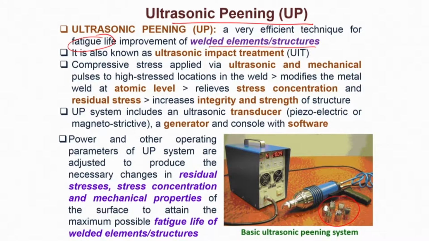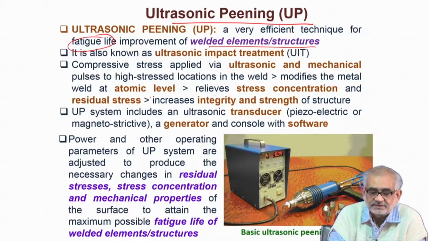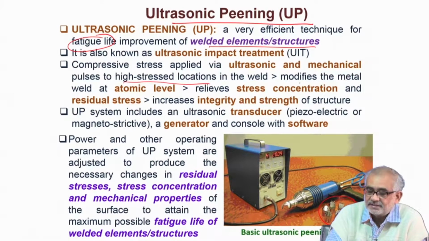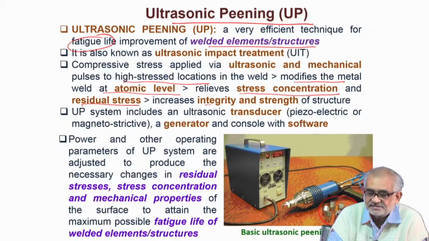So these are essentially very high frequency pulses, which the very name ultrasound gives you the impression of, very high frequency waves. These waves create mechanical motion, kinetic energy, and so we target highly stressed locations in the weld, and we want to modify the metal at the weld junctions, at the weldments, at very shallow depth, typically in atomic scales. This relieves the stress concentration and the so-called residual stress, and increases the integrity and strength of